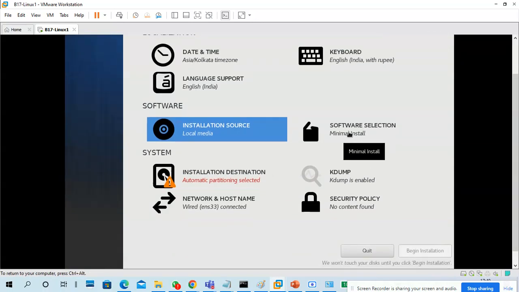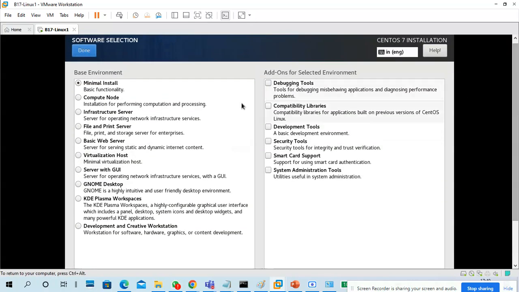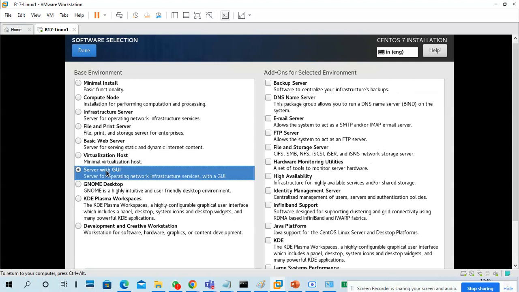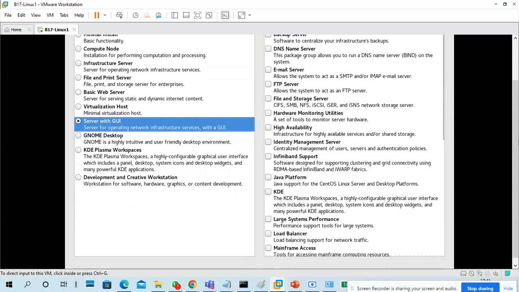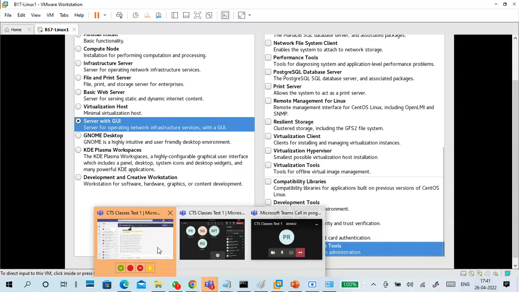Okay. Software selection. It is already selected with the minimal, but I want a server with GUI. Otherwise, you won't get a GUI. So be careful. Software selection, server with a GUI. Then go like this. Select tools kind of stuff. I am selecting administrative tools.